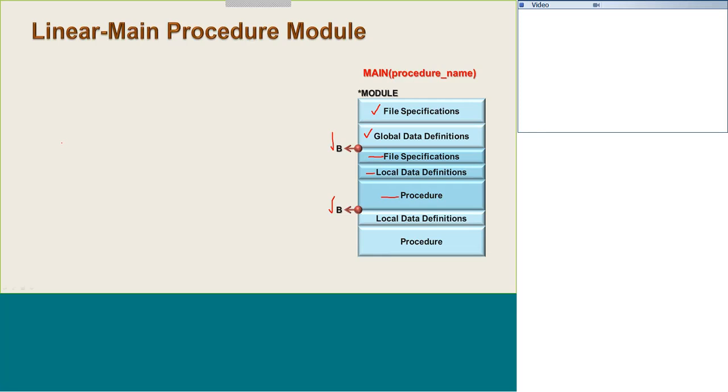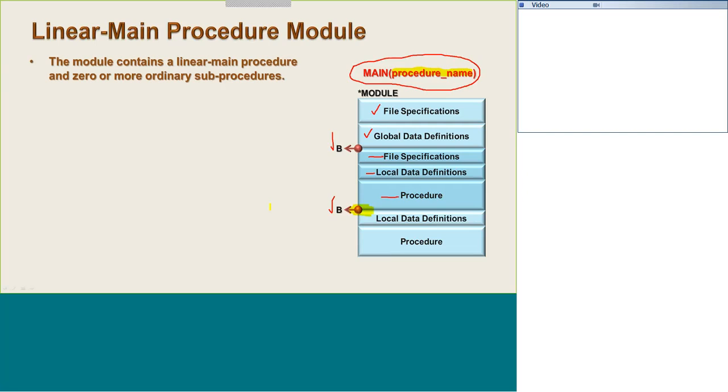However, what makes this a linear main procedure module is this keyword that has to be used during compile, or on an H-spec, which is where I usually put it because it then doesn't get forgotten. You name the procedure that's going to be considered as the main entry point, i.e. the program entry point. It does not have to be the first procedure. It can be this procedure here. The name of that procedure can be put there, and that will make that procedure the linear main procedure entry point, i.e. that is the entry point